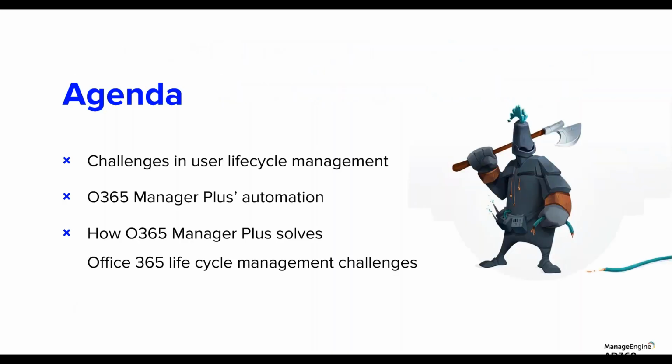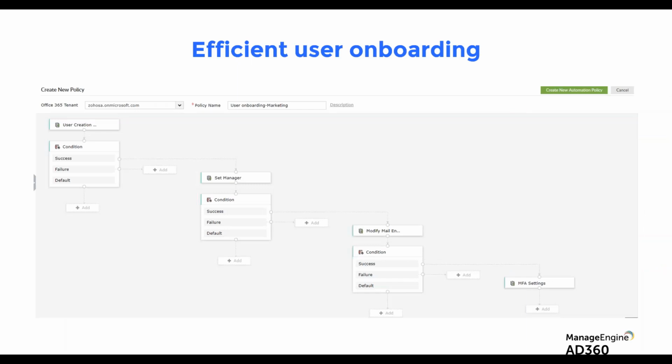The agenda is straightforward. We've discussed the challenges so far with respect to onboarding, offboarding, dormant accounts, repetitive tasks, and all of that. Now our intention is to go forward and set up automation and configure automation policies through Office 365 Manager Plus and get going. Jumping straight to the solution, we're talking about a solution that can get your onboarding streamlined. There are certain basic ingredients required to get this done right.